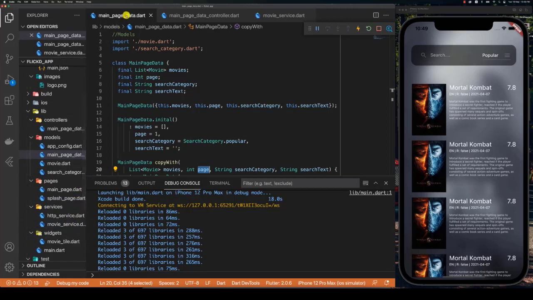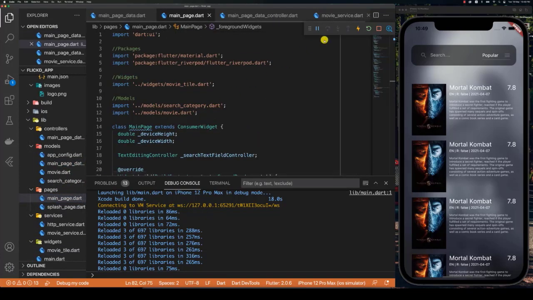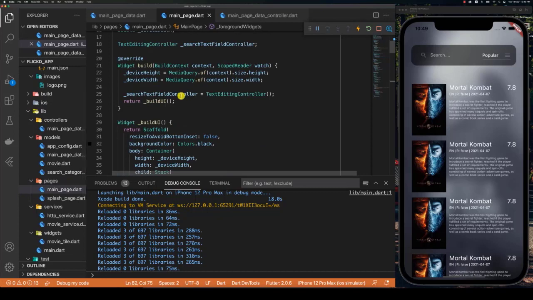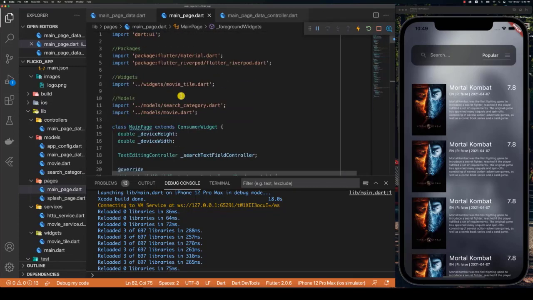So we're going to hop on over to our main page now, which is, let me see, it's here. And inside of here, what I'm going to do is start building up the logic to allow us to use riverplot. So the first thing that I'm going to do is make sure that my Flutter riverplot